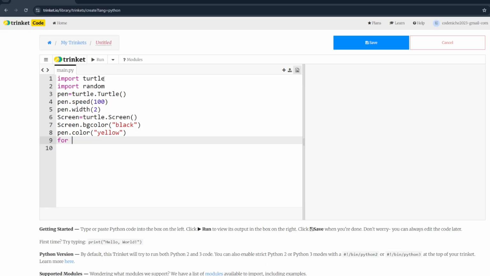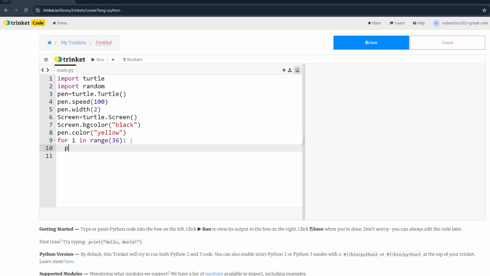In order to draw a single firework, we have seen that a firework usually appears in a circle format, right? It is like a total circle. Here also we are planning to do that. So I'm going to use the syntax for i in range, where i is a variable whose value is going to change continuously so that it reaches from 0 to the last value, so that the loop can repeat. The starting value will be 0 and the end value is 36. As I want to make a circle, I need to make sure this loop repeats 36 times.